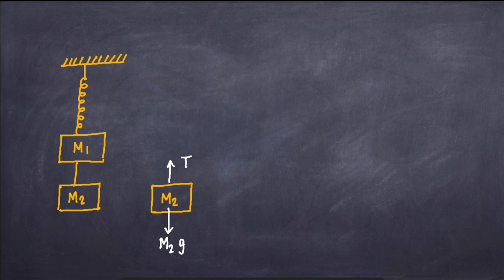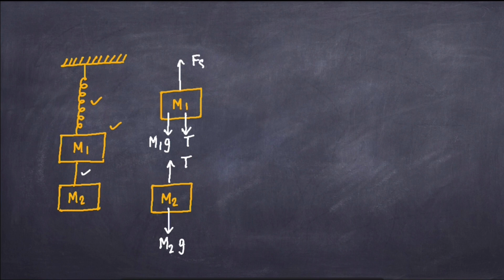Now let us draw the free body diagram of the block of mass m1. Again the weight of the body will act downward. The weight will be m1g. The tension will act away from the body, so in this direction T. And the spring will provide the spring force, which always acts away from the body, so the spring force will act in this direction. So this is the free body diagram of the blocks of mass m1 and m2 before